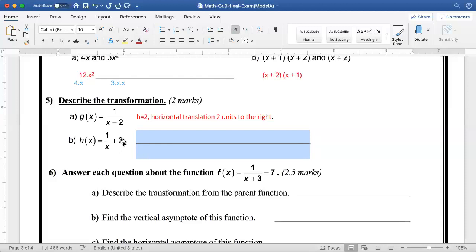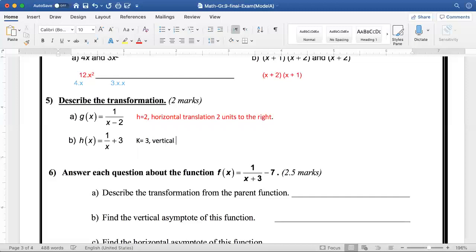So it is positive 3, so k is equal to 3. When k is positive, it will go up. So vertical translation 3 units